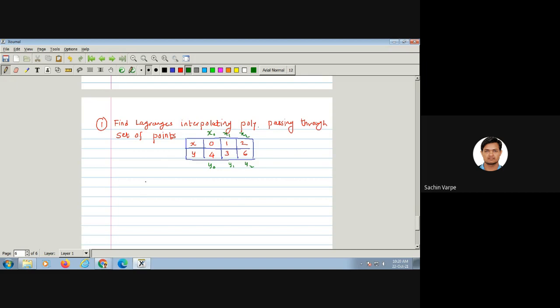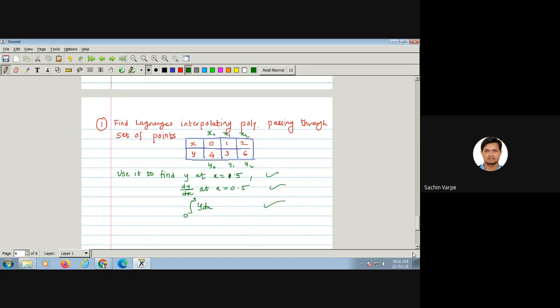and with the help of that, we are further asked to use it to find y at x equals 1.5, dy by dx at x equals 0.5, and even the integration of y dx from 0 to 3. The 3 parts we have been asked with the help of that.